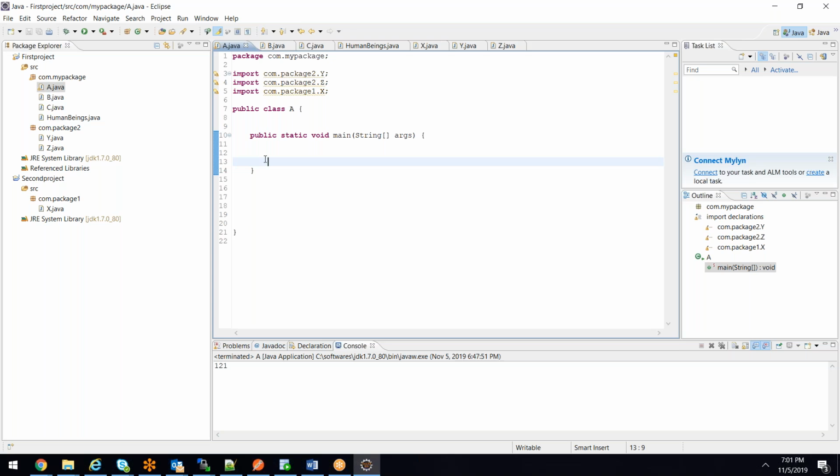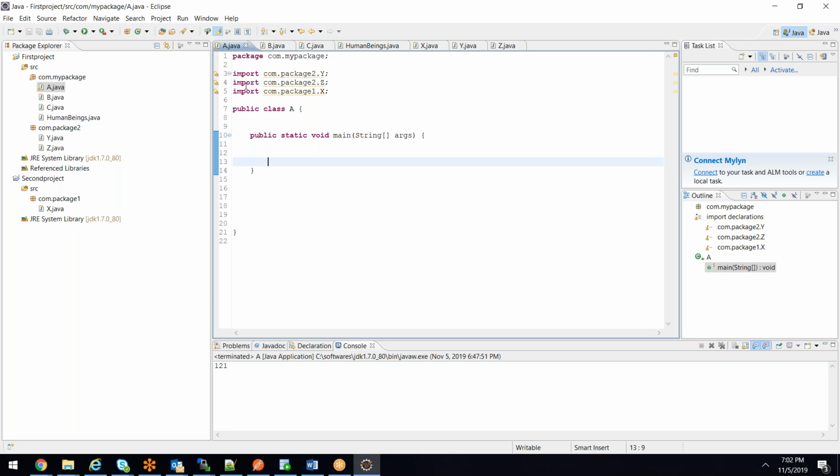So these are called unused imports. Eclipse is giving you a warning: why are you unnecessarily importing? It's just giving you information. It's not an error. It's not a compilation error. The program still compiles successfully. A compilation error means it will have a red mark. Right now you have a yellow mark, which means it's a warning. That's all. It's giving you information. As a good programmer, as a good developer, you should never import the classes which are not required.